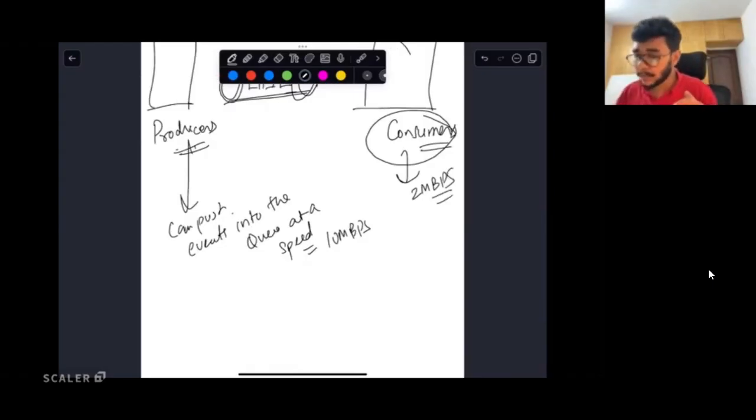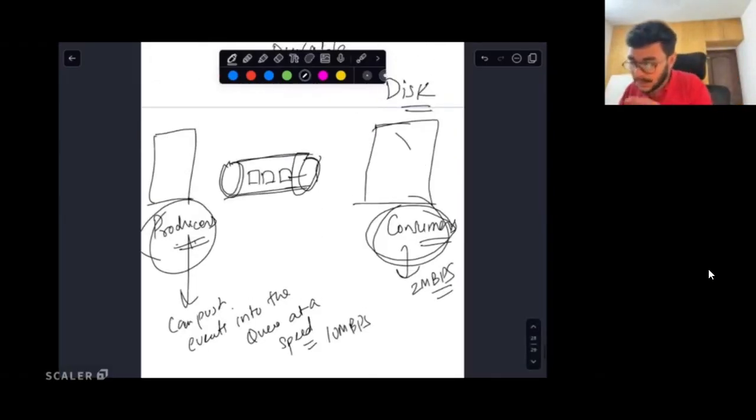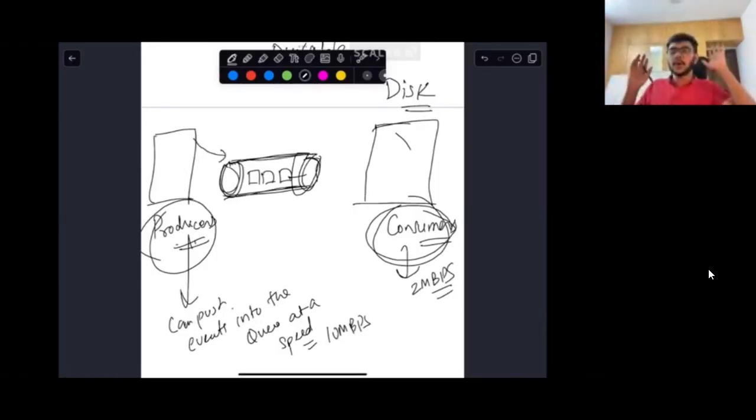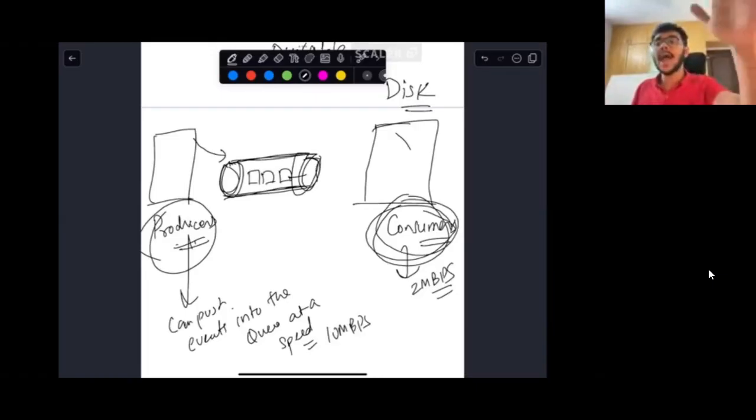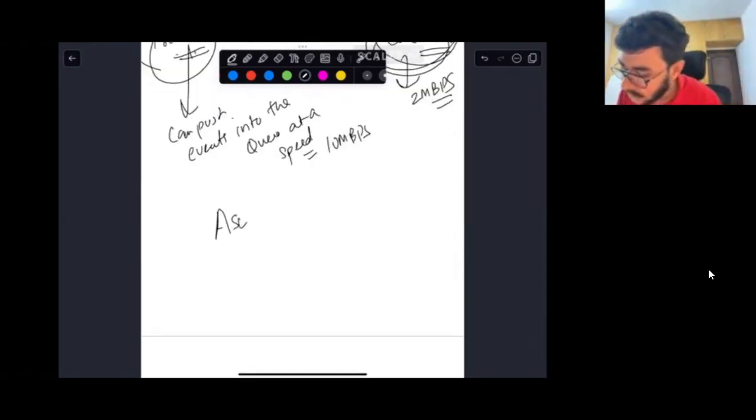So your producer need not be dependent on the speed of processing by the consumer, because as a producer, you just wrote that event into this queue, and now you're unblocked. You're telling the consumer, hey, go ahead and process this event whenever you want to. This entire architecture is extremely asynchronous in nature.